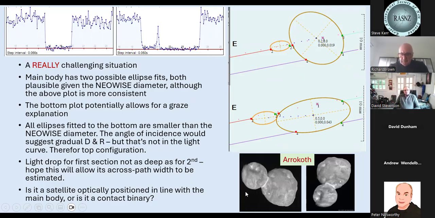Now, this is one which has turned out to be really complex. Single light curve there, with that nice rise in the bottom there. Interestingly, the difference in the level at the bottom of those 2 drops, that's a Fresnel diffraction issue, slightly reduced light level. We still haven't quite figured this out, but from those 2 light curves, taking back from there to there, and from there to there,